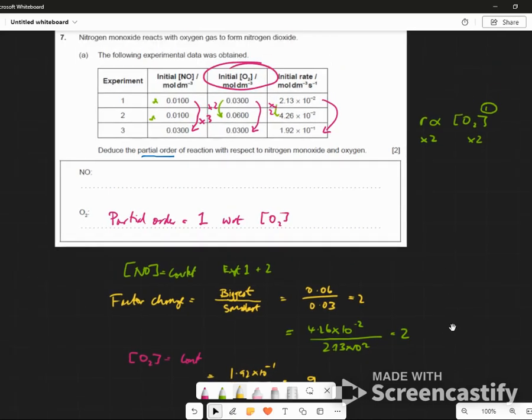Right. So now this is 9. So now the rate is proportional to the NO. Now this has gone up by a factor of 9 when this thing's gone up by a factor of 3. Yes? Now, how is that going to work? What must this exponent be for that to work? I want this to equal this, and I want this to equal this. So for that to work, the exponent here must be 2, because 3 squared is 9, isn't it? So it must be, hold on guys, the